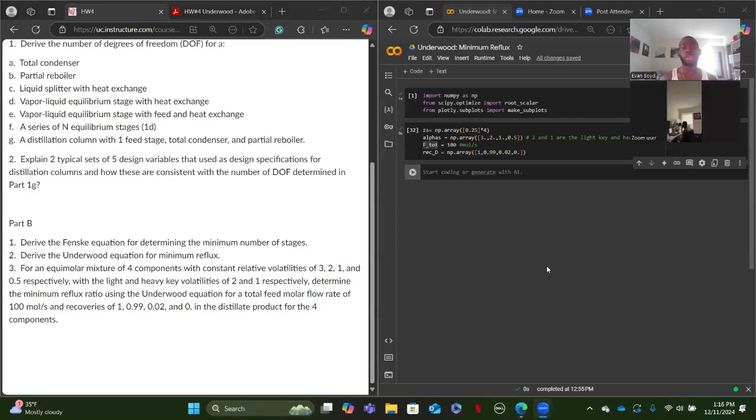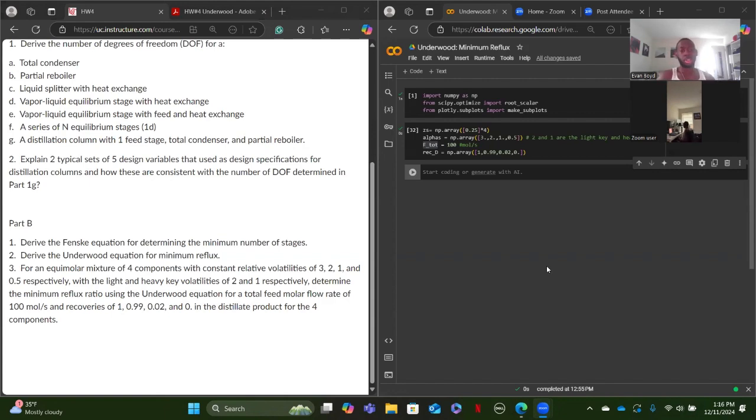Hey y'all. So this is the last part of our Finsky-Underwood equation derivation. This time we'll just be focusing on the Underwood equation and then plotting out what we derived on the whiteboard earlier onto Python. So for part three, the last part, we're asked for an equilibrium